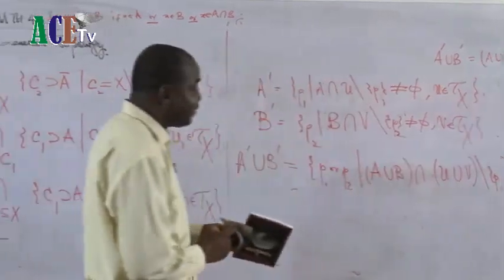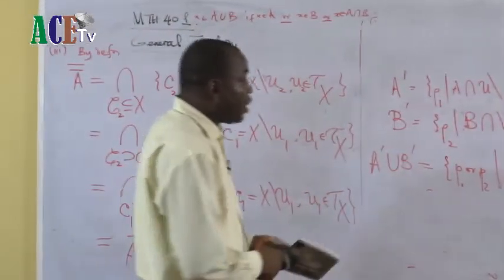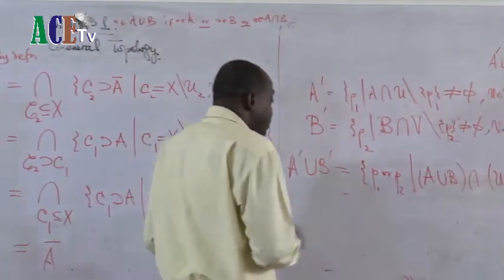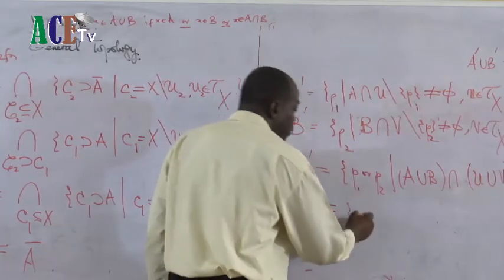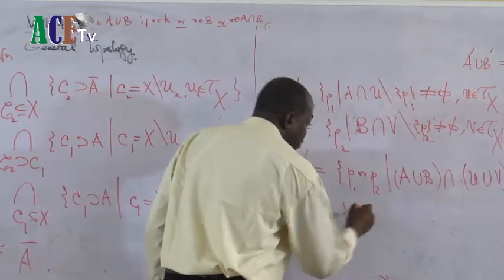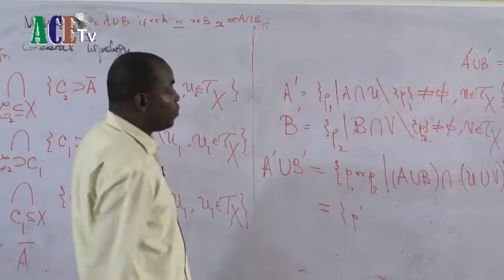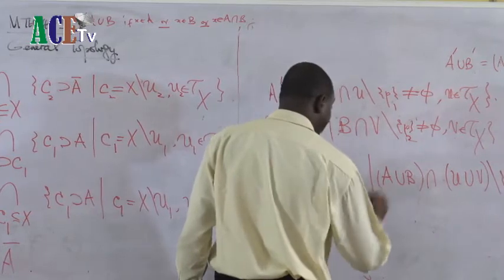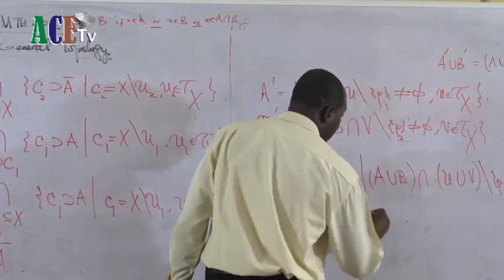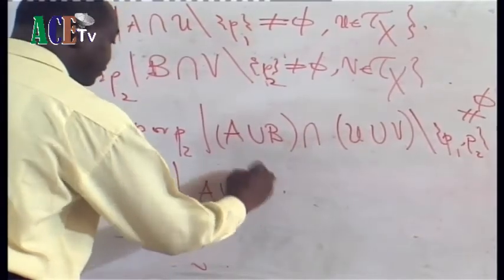And thus, we now claim that the new accumulation point is P prime, such that, what do you have here? A union B